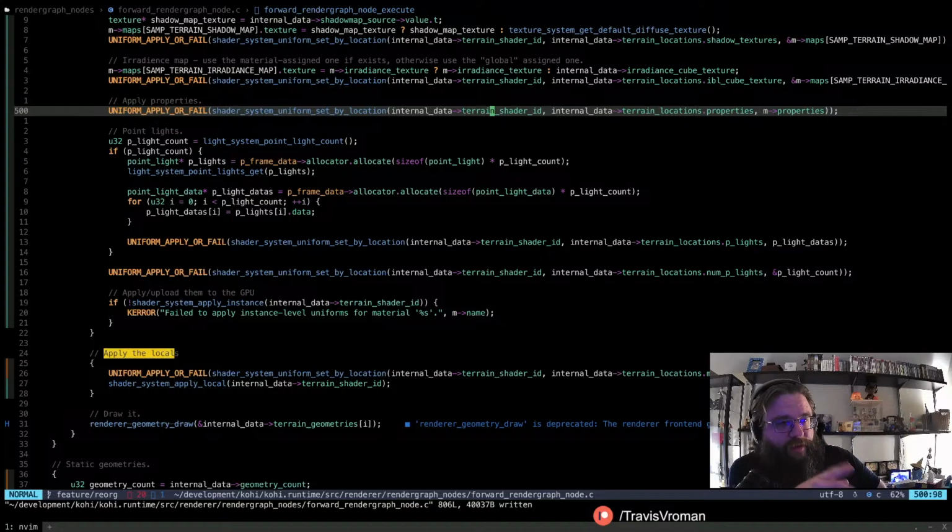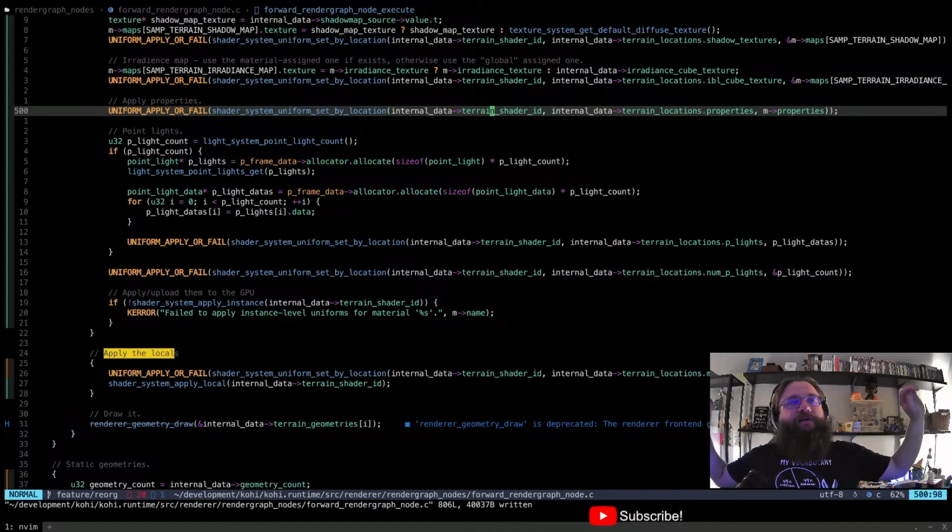And I think the way that I'm going to do it for point lights is my render graph node for the point lights is going to store a finite number of those maps, right? So I'm going to say I'm going to have like a maximum amount of lights that I support. And whatever lights those are can cycle in and out.